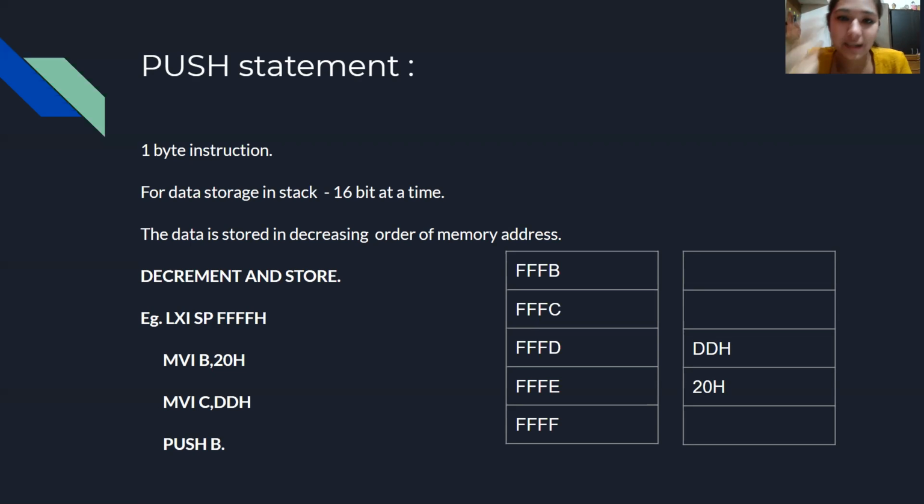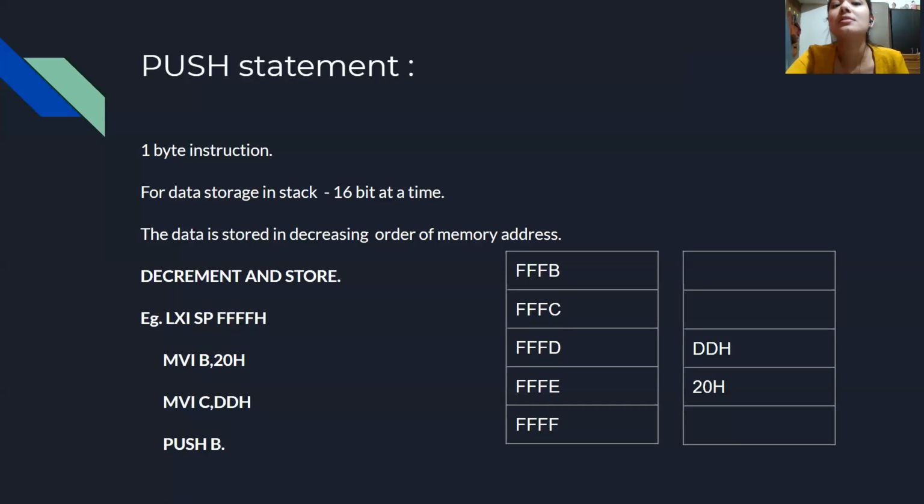And on the other side we have the data that we'll have after the statement PUSH B. Now when PUSH B is performed, at first the stack pointer takes the data from the B register, the MSB of the data, and stores it into the initialized address of the stack pointer minus 1.